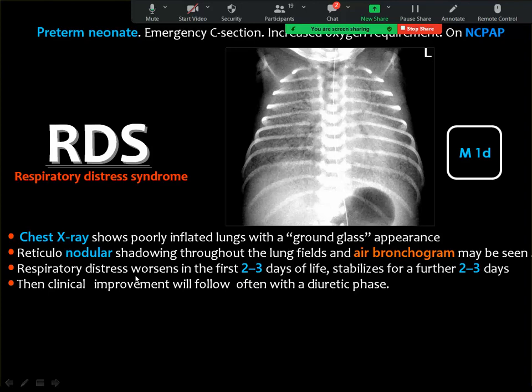The disease may worsen in the first 2 to 3 days and then stabilize in the next 2 to 3 days. And the patient is usually ventilated and injected with surfactant to treat